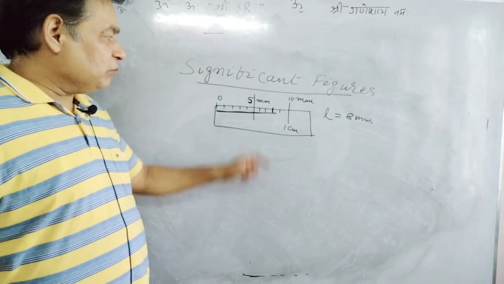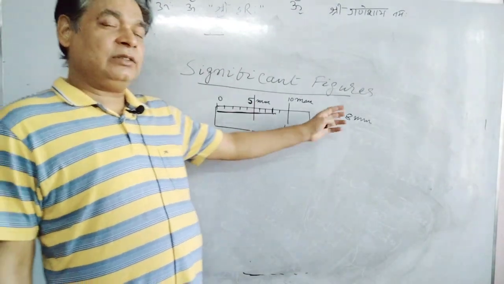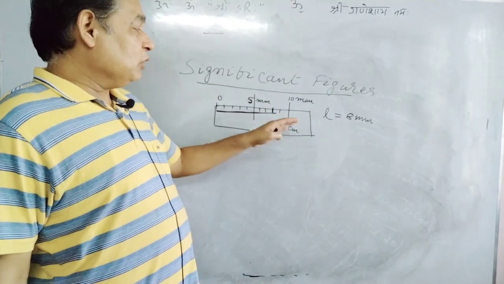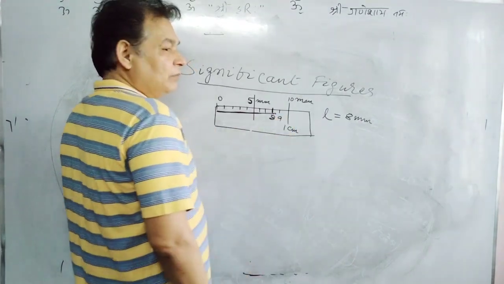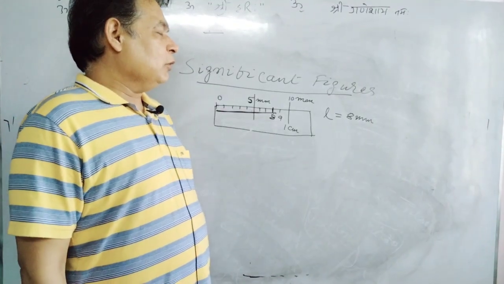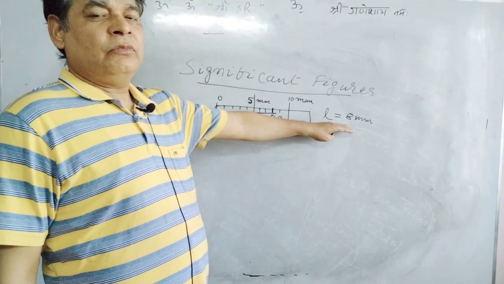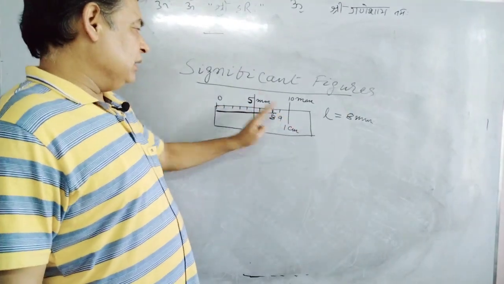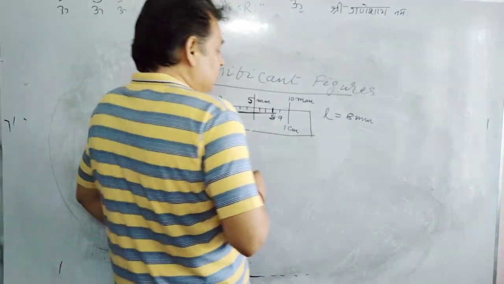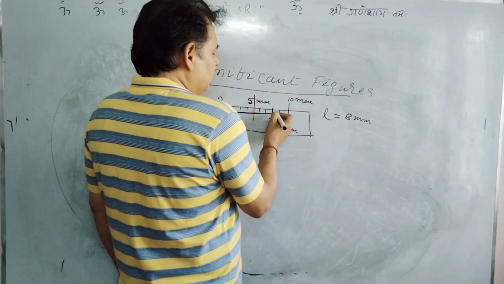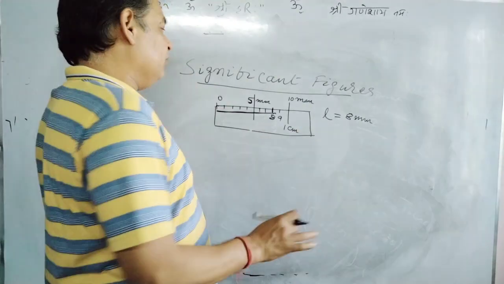Why? Because this is something greater than 8. It seems longer. If you write directly 9, that's wrong. Why? It seems something shorter than 9 millimeter. That's of 8 and that's of 9. Right? So you have very much confidence in 8. No one can say that that's less than 8 if he is not blind. But if you write 8, that's wrong. But our measuring scale fails to measure less than 1 millimeter here.